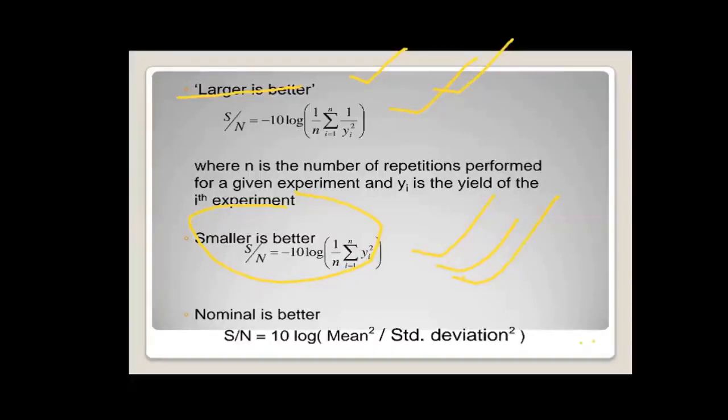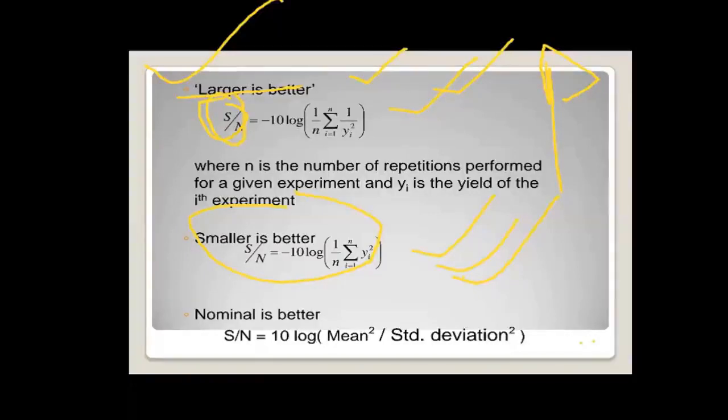Again, we have one more term, S by N. S by N means signal to noise ratio. Whenever we are speaking on any mic, we are getting some noise. Or in simple language, we are getting some disturbance. So S by N means signal, S means signal, N means noise. We want maximum signal, minimum noise. Means in any case, we want a higher S by N ratio. So if it is the case of larger is better, the formula is different to find the S by N ratio. We want maximum signal, minimum noise. Means we want this ratio on the higher side. Higher S by N ratio for any case.